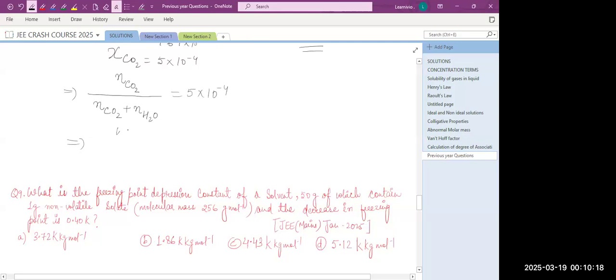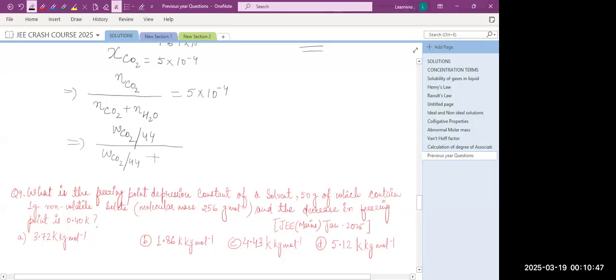This is given mass of CO2, W of CO2 upon molar mass of CO2, which is 44, upon the moles of CO2 plus